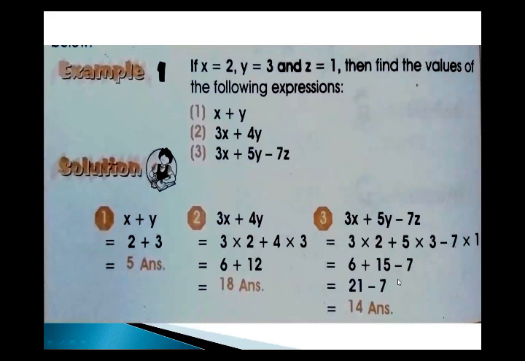Now only a single operation is left, which is subtraction. Then you subtract both these numbers, 21 minus 7, which is equal to 14. So the simplified answer, or the value of 3x plus 5y minus 7z, is equal to 14. Hope you all understand. Now we solve some questions from your book, exercise 10.5,